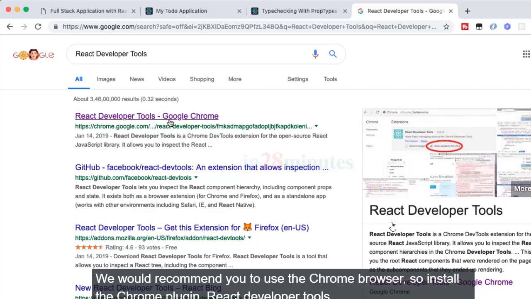So install the Chrome plugin. React developer tools also has a